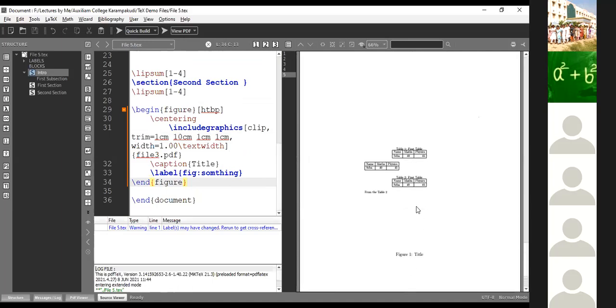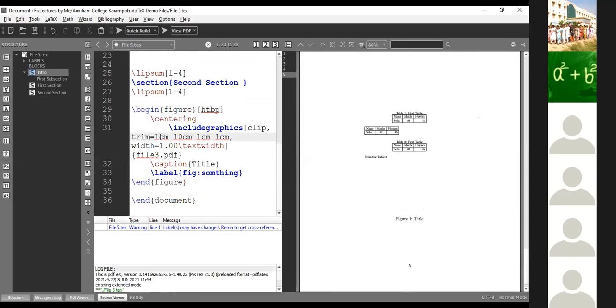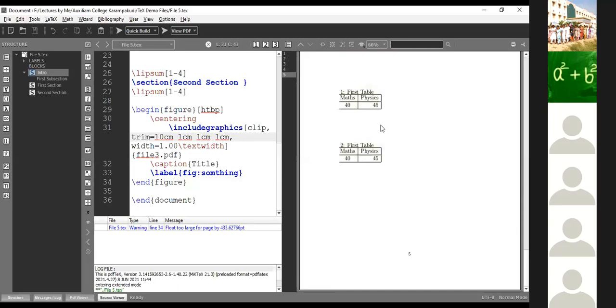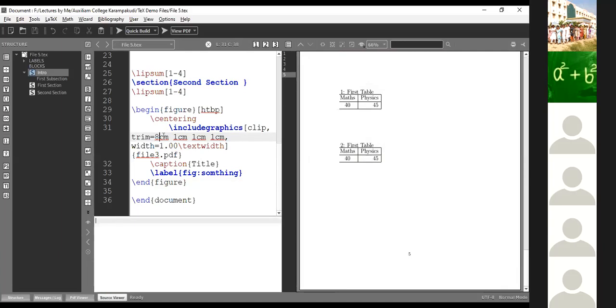My PDF appears like this. Now I am going to reduce the sizes. It's only trial and error. It's reduced. So instead of 10 centimeter, I'm going to use 8 centimeter and so on. From bottom, it's 5 centimeter.